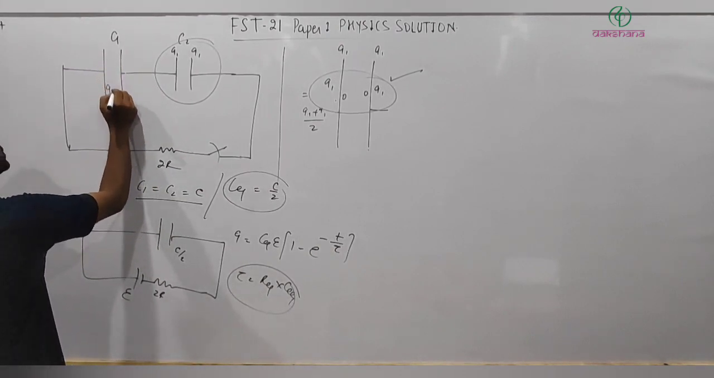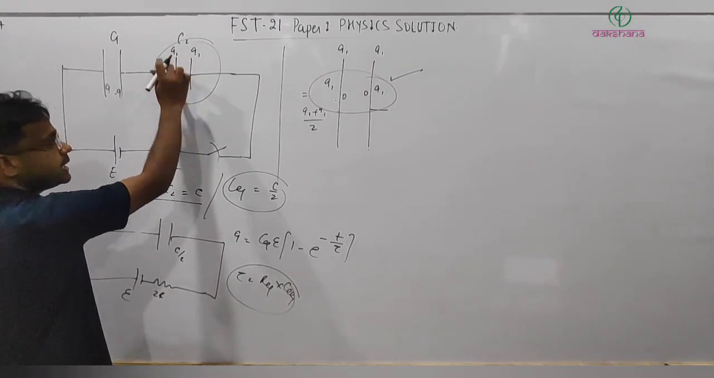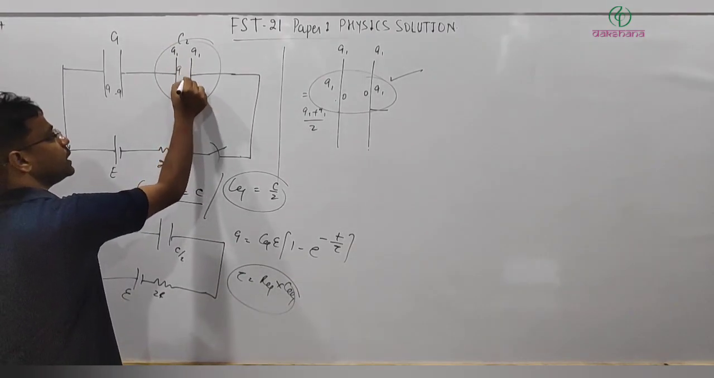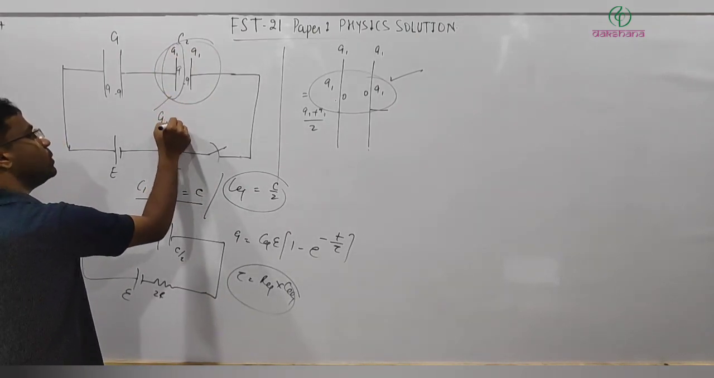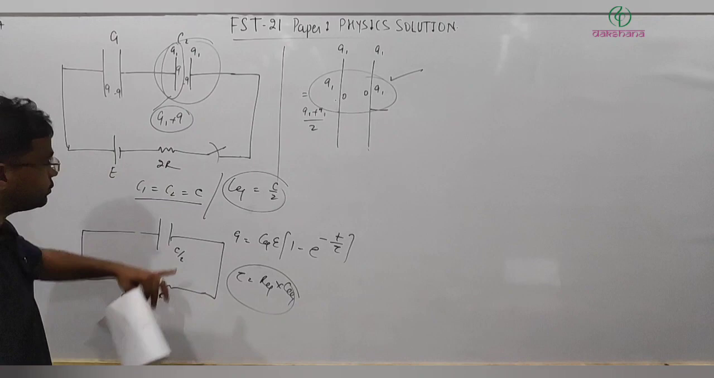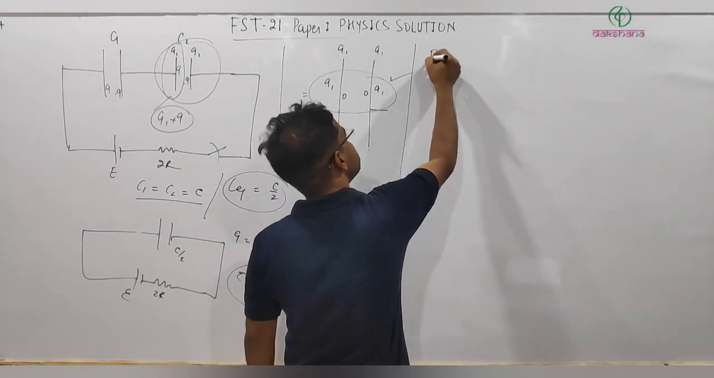So here it will be plus q, here it will be minus q, and on this plate q1 is there, so here it will be again plus q and here it will be minus q. So you can say the left plate will have total charge q1 plus q, right? So that will be the total charge, and if that is the situation, the force between the plates can be